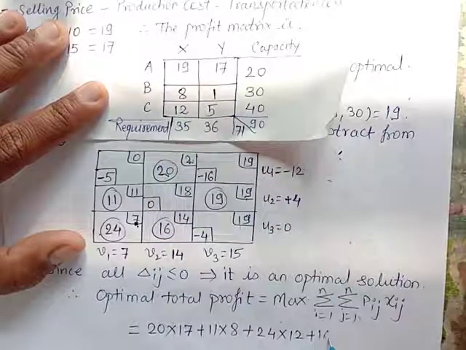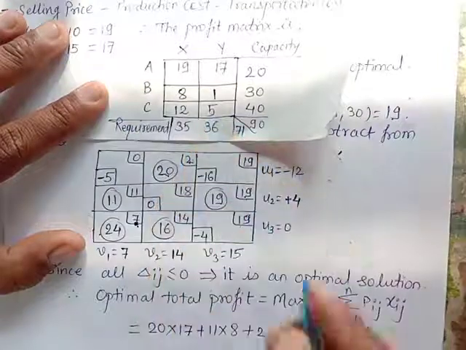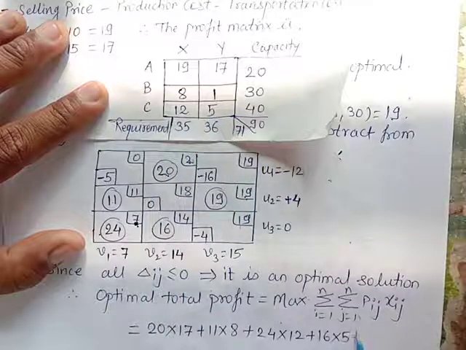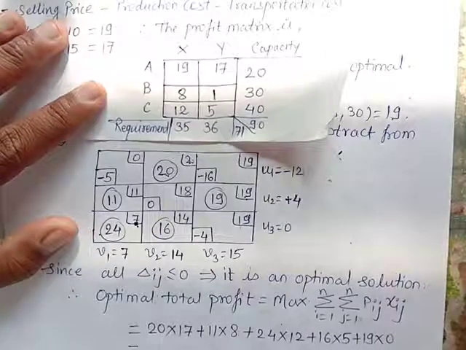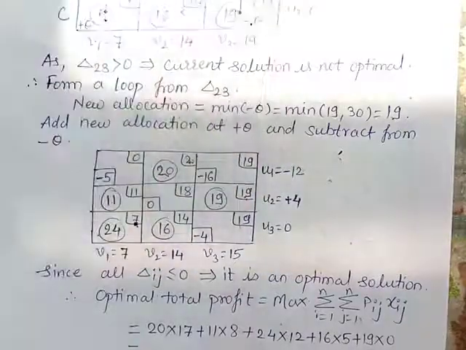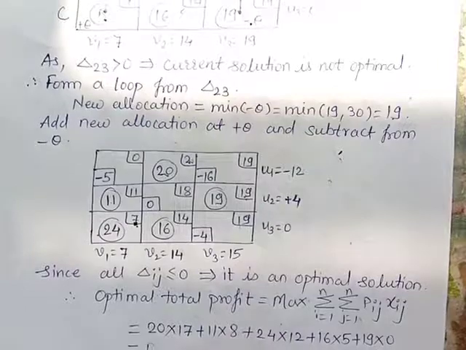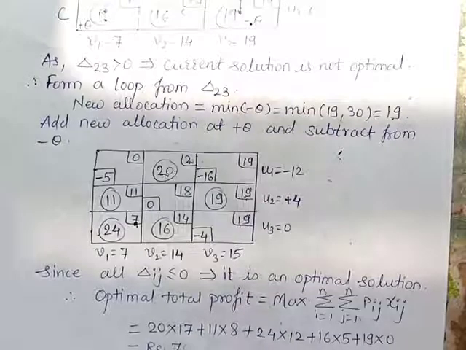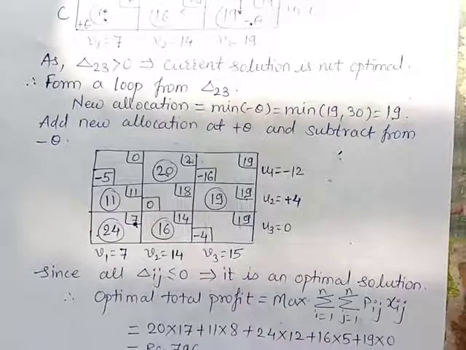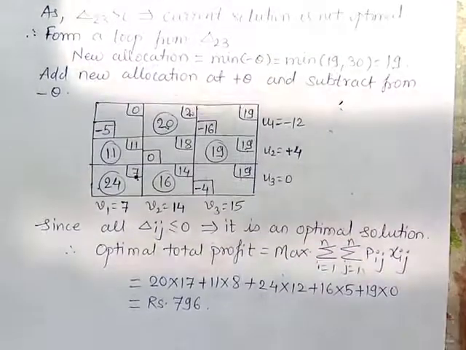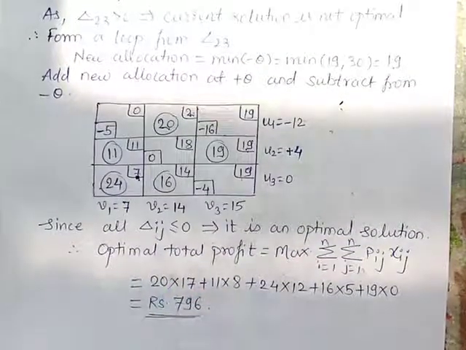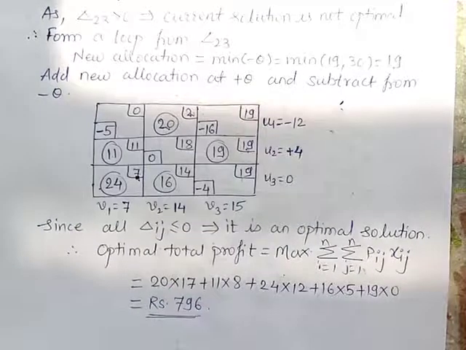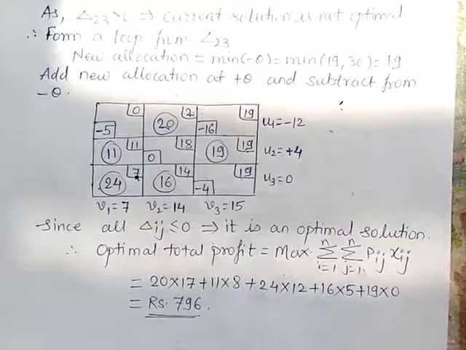Plus 16 into 5. Plus 19 into 0. So this addition is rupees 796. That is our required profit in this problem for the transportation of these units